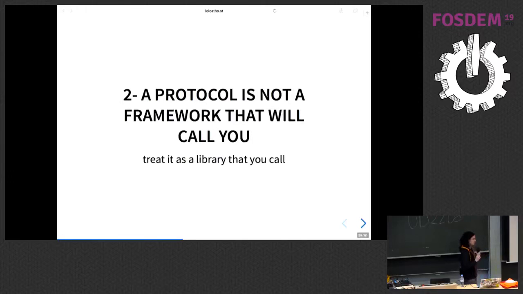It's not a framework. Often you want to do the thing you see in an HTTP framework, where the framework requires that you provide a trait, and the framework will call you and say, okay, this is a request, tell me how you want the response, and I will handle the rest. But this is a low-level component. The low-level component should not drive my application. I am in control of my application, and so I will tell the low-level component, okay, now do some work, and tell me where you are, and now I will do something else. And I will make a nice layer about that. But inverting the control like that makes everything hard to program.